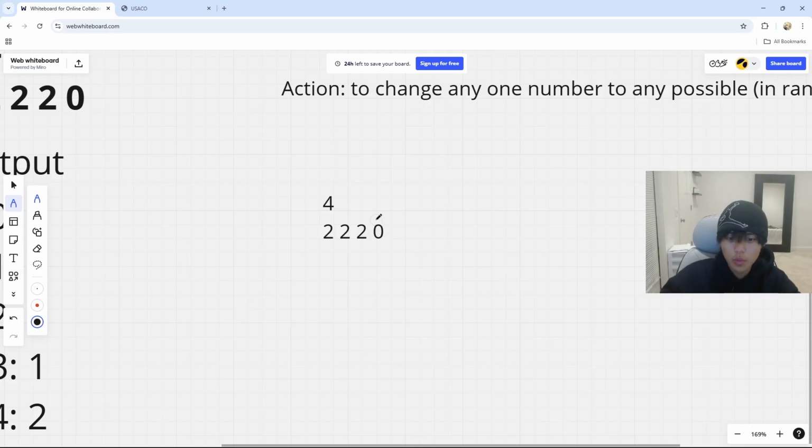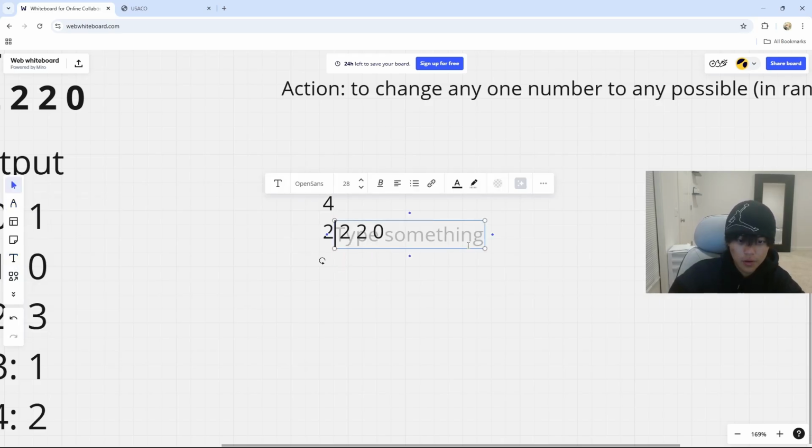So first of all, we know we need to change this, right? So how are we going to change that? And what are we going to change it to? You could technically change it to any number and make the max 0. But what we're trying to find is the minimum amount of actions. And the minimum number of actions is 1. Because all you would do is convert this